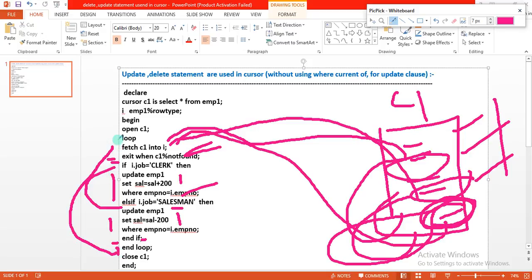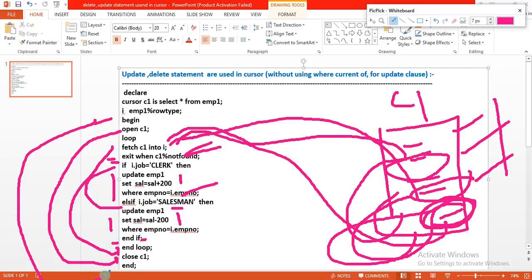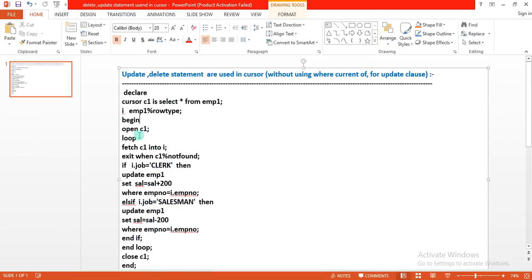Then we opened the cursor, and now it will close the cursor. Here we already began the program, and now end the program here. Okay, this is how the program will happen. So the same program we will execute. How much employee salary will be affected or not on the base table, we will observe that. So see here, simply copy the same program,